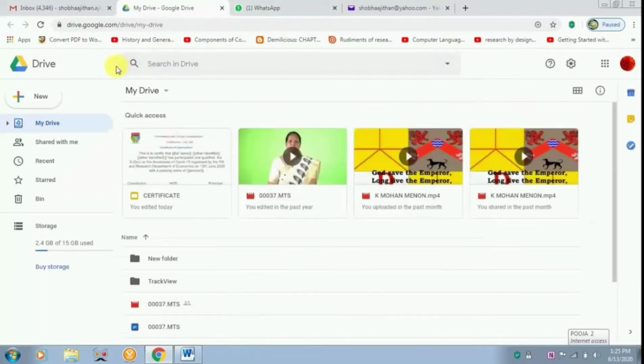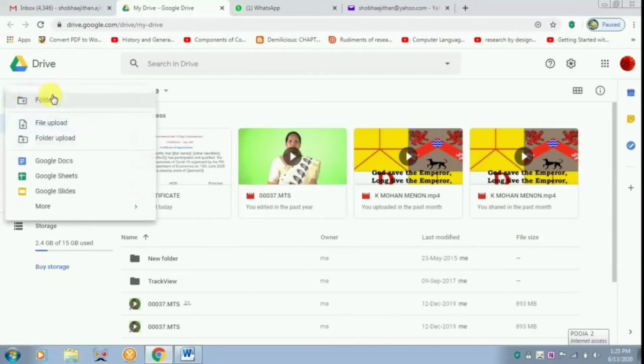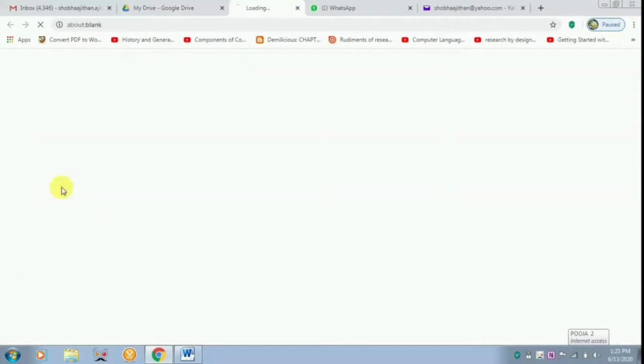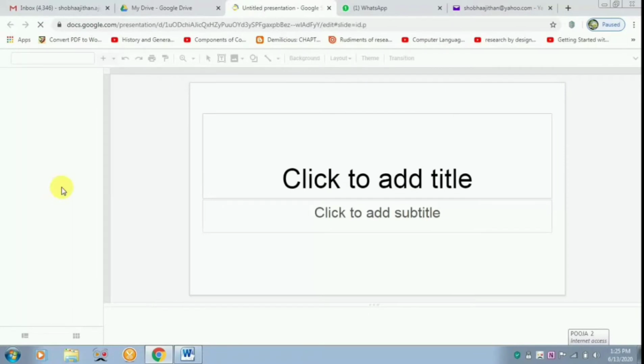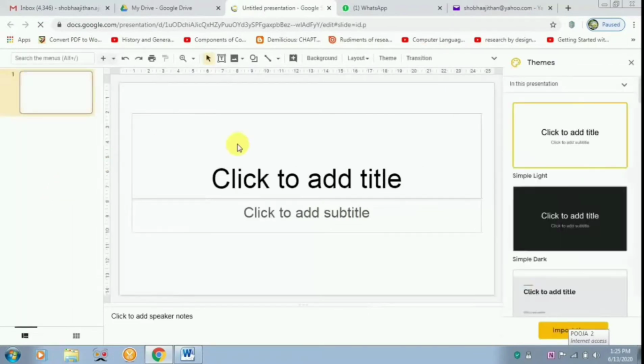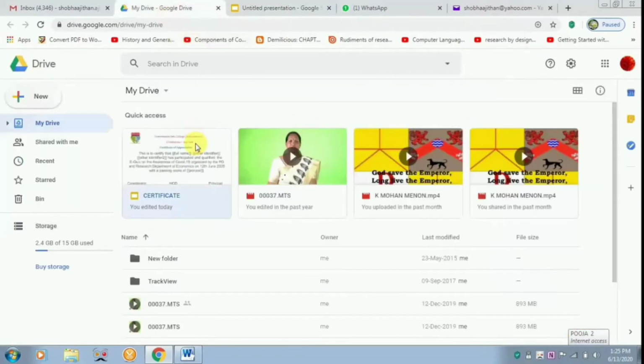and later, even before entering into the online quiz, you have to create a certificate, that is with the help of Google Slides. Now Google Slides is similar to the PowerPoint presentation. You can very well insert your certificate, your logo or your signature of the HOD or principal. Anything can be done. See, I've already done it over here. You can just see.